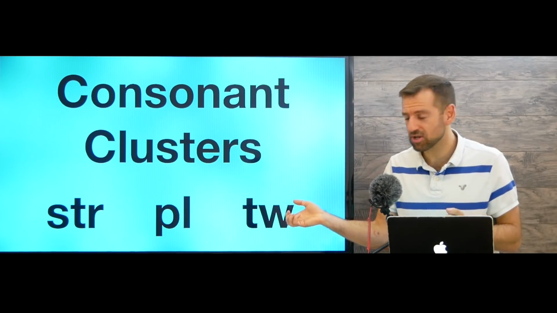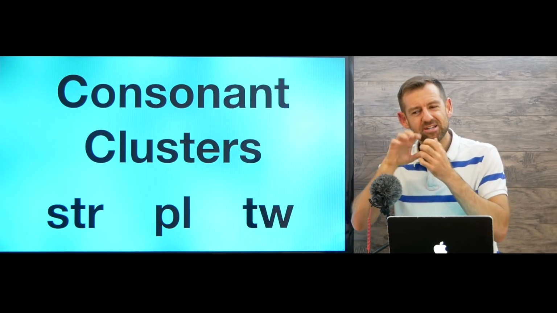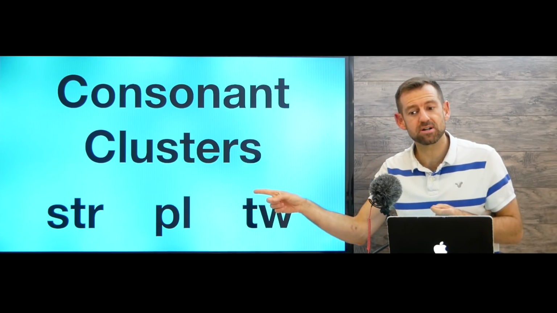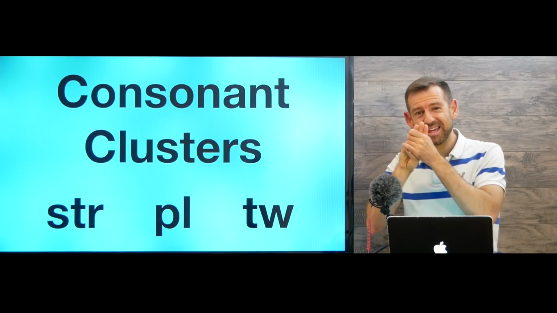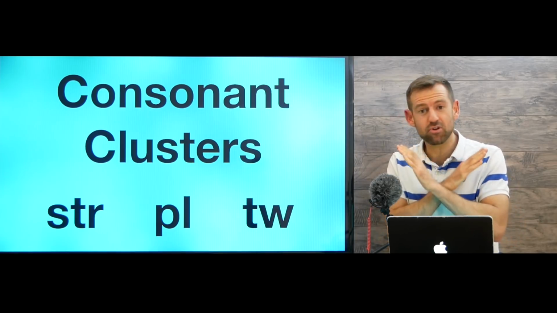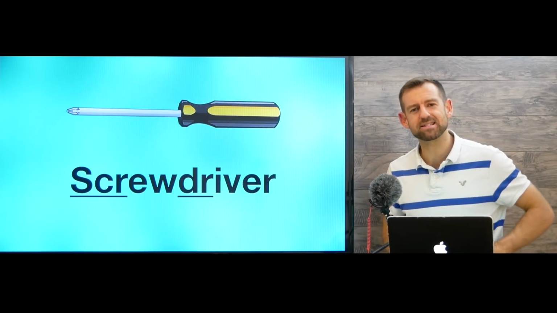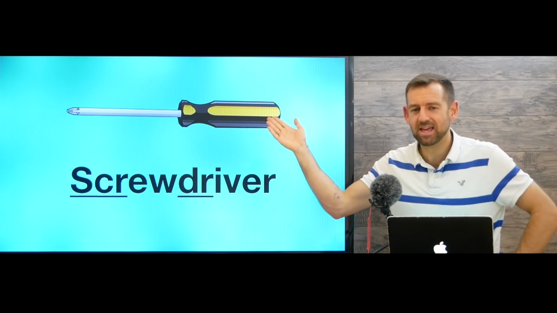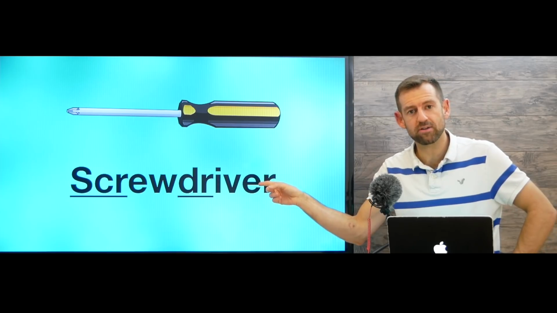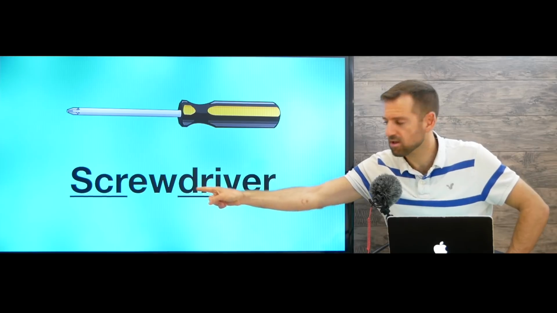So in English, sometimes we can put some consonants together to make one sound, like str, str. It's three sounds into one sound. And a lot of languages do not allow that. That's breaking the rules. Okay, let's look at an example. This in English is called a screwdriver. A screwdriver. Okay, look at those consonant clusters. Scr, dr,